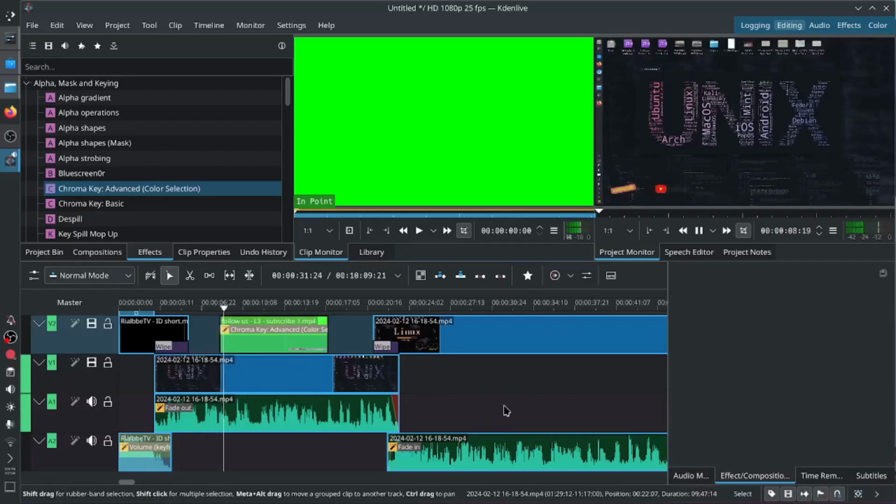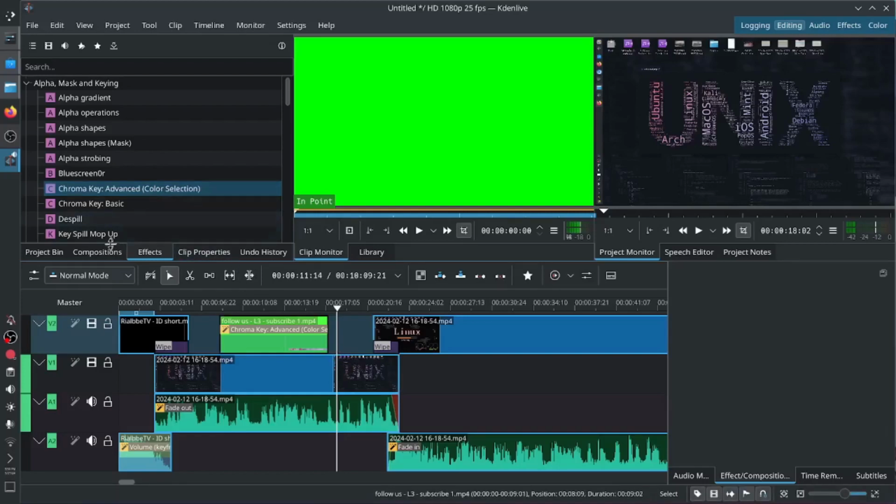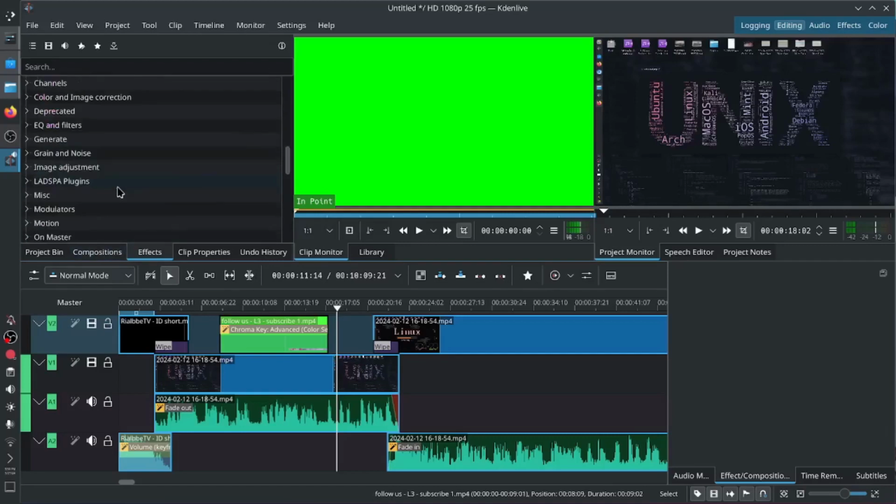KDE neon plasma desktop environment. And of course, why I love Linux so much. Alright, there you have it. There is the transition, which is awesome already. So how about if we could look for some